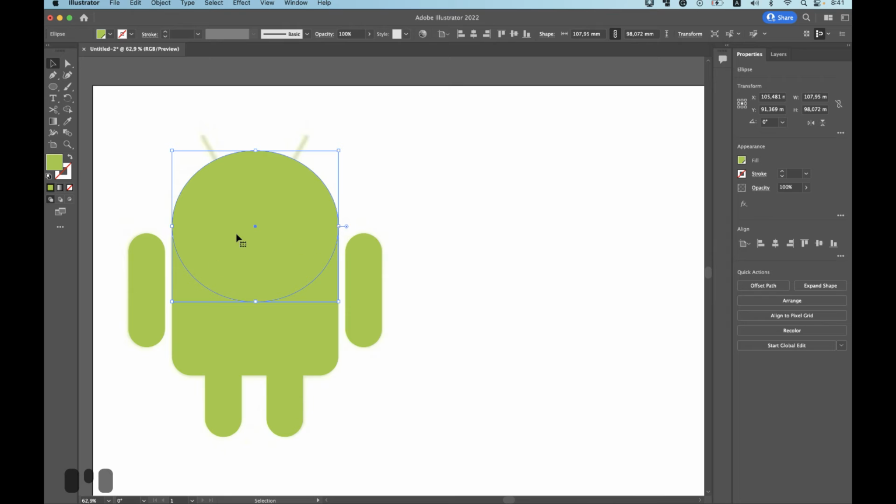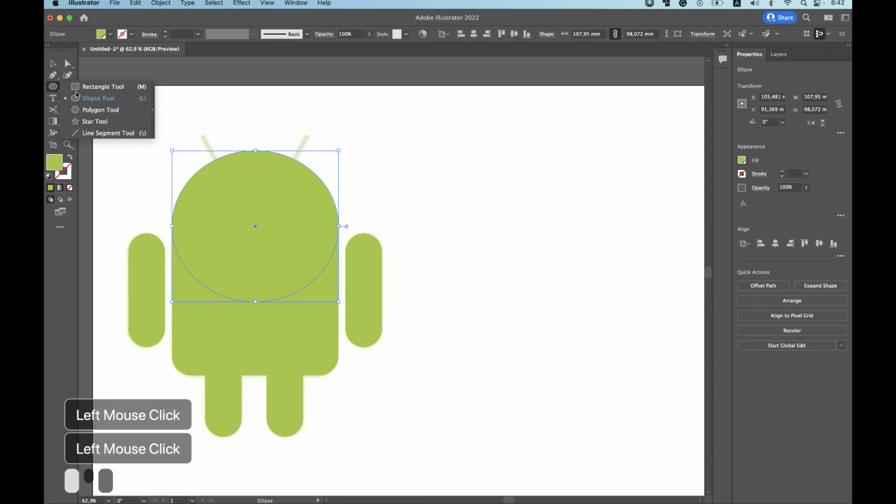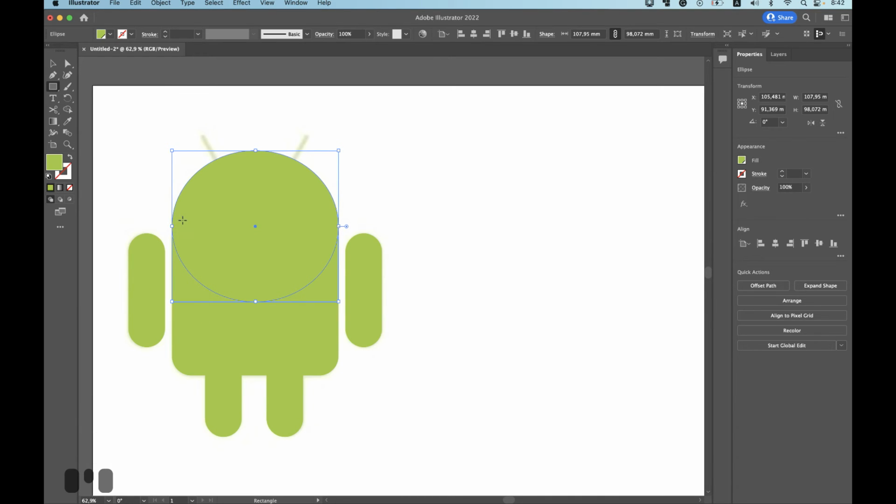So we need the blank space between the head and the body, and often we use the tool that allows us to cut this part of the shape out of the image. But in this case we need to know how to use simple shapes. And let's just draw the white rectangle. Let's grab our rectangle tool, and after that we just draw it right over the image.